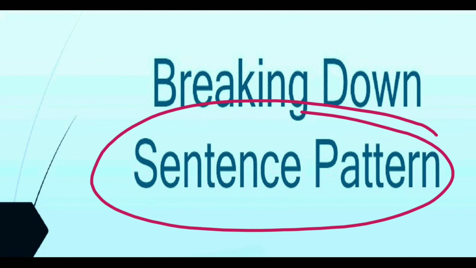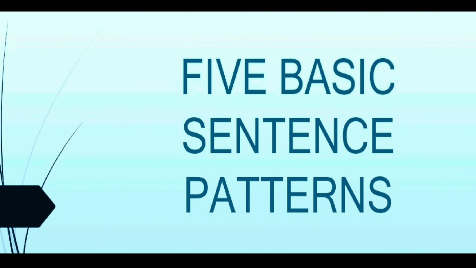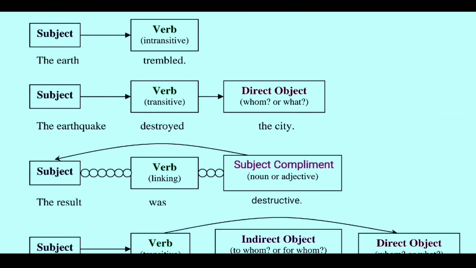And today in this class, we are going to discuss the various sentence patterns of a simple declarative sentence. So let's get started. Dear students, can you tell me how many basic patterns there are for a simple sentence in English? You have read about it in your previous class, 9th. Yes, there are 5 basic sentence patterns for a simple sentence in English. And what are they? Let's try to understand one by one.